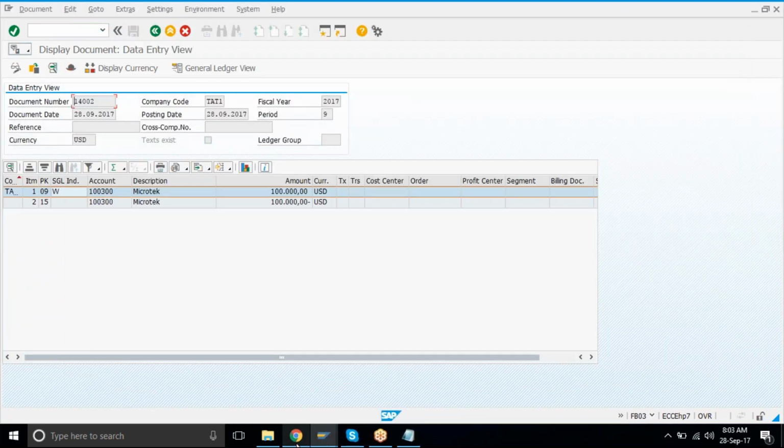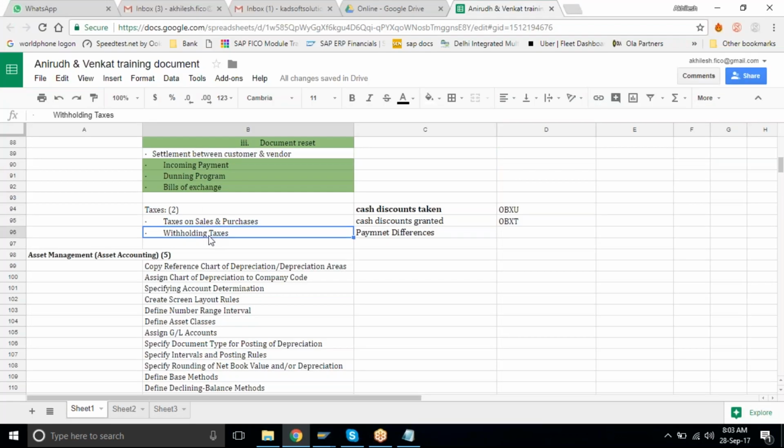The topic is finished. The very next topic is tax on sales, purchases and withholding taxes. These topics are big. Plus, a little bit of innovation will be used over here. You should have at least an idea of the different types of taxes in your area.